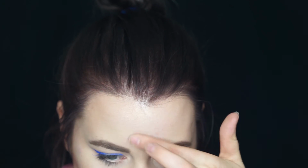Yeah, it held up pretty well. It looks pretty glowy, pretty dewy. It doesn't look that bad from far away, but I'm going to zoom in and give you a closer look. Still doesn't look that dewy in the monitor anyways. Okay, in real life this looks pretty oily. Or at least on Snapchat. Pores are definitely accentuated, but